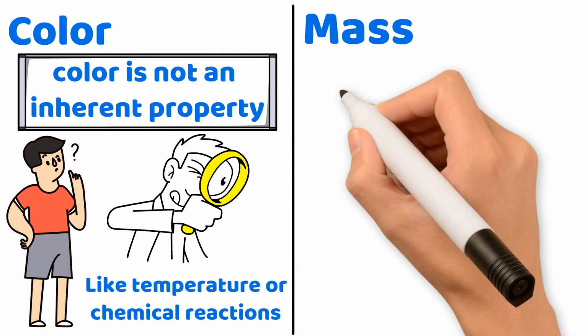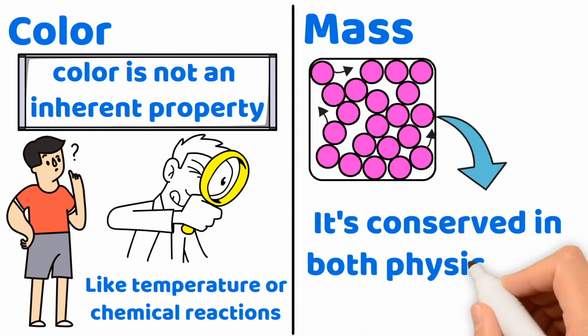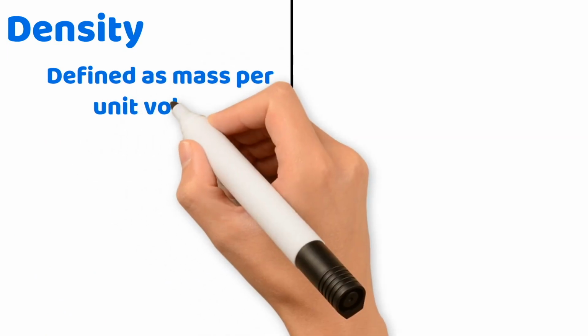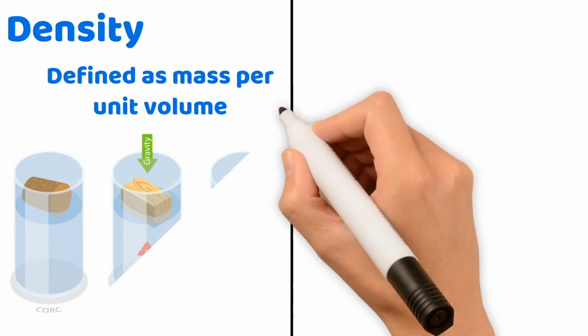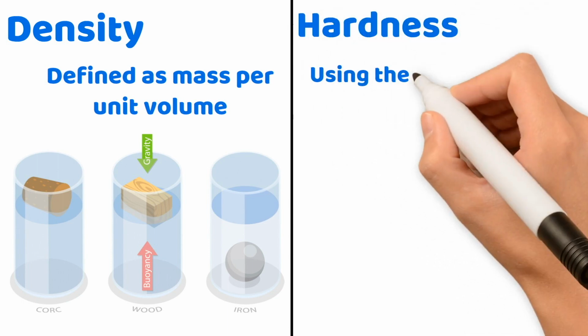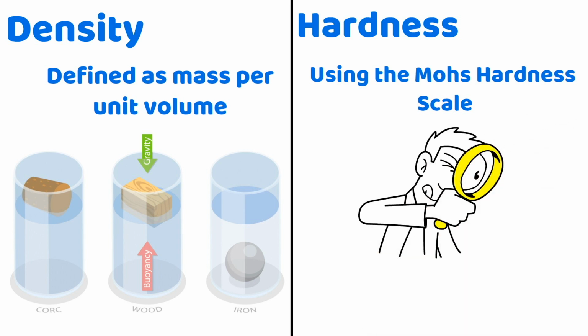Mass. A measure of the amount of matter in an object, crucial because it's conserved in both physical and chemical changes. Density. Defined as mass per unit volume, density helps predict whether an object will float or sink in another substance. Hardness. Using the Mohs hardness scale, we can determine the resistance of a material to deformation, which is vital